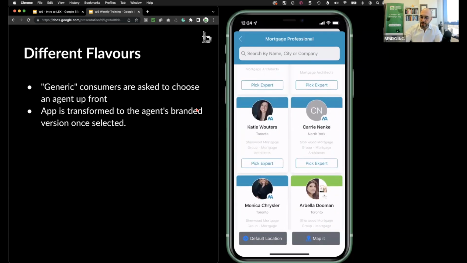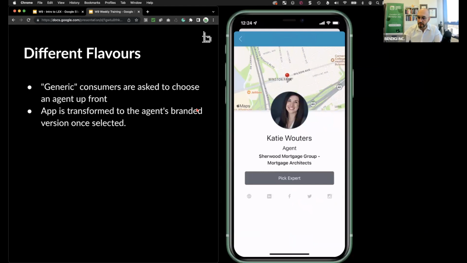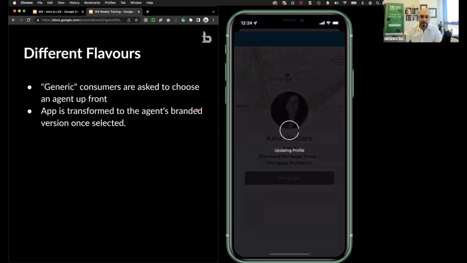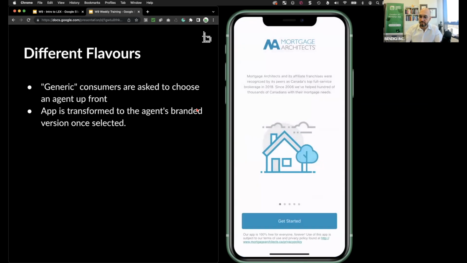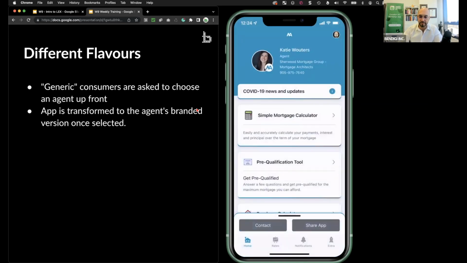But once I pick a profile, here's Katie Wouters, agent. Once I pick my expert, guess what? Now I'm using her app. This is the example of an enterprise app. Okay,